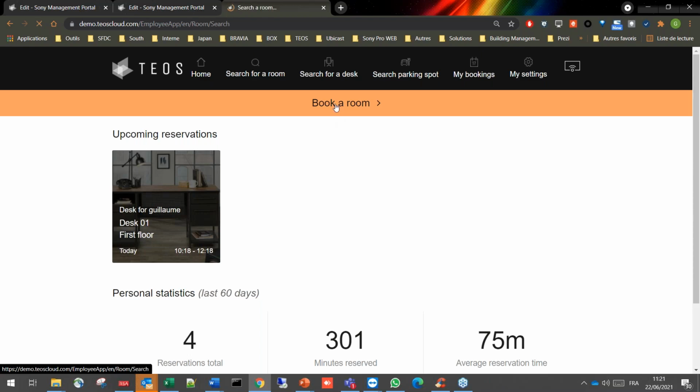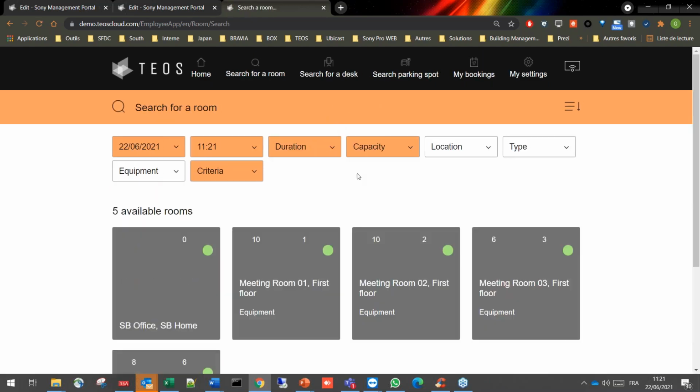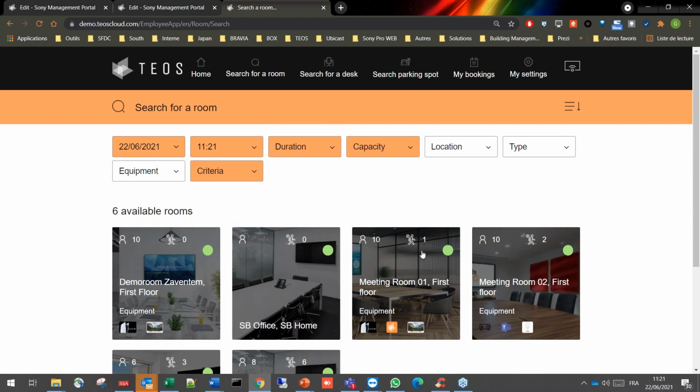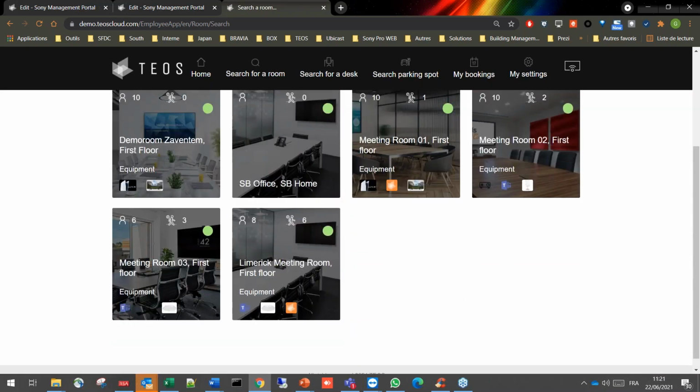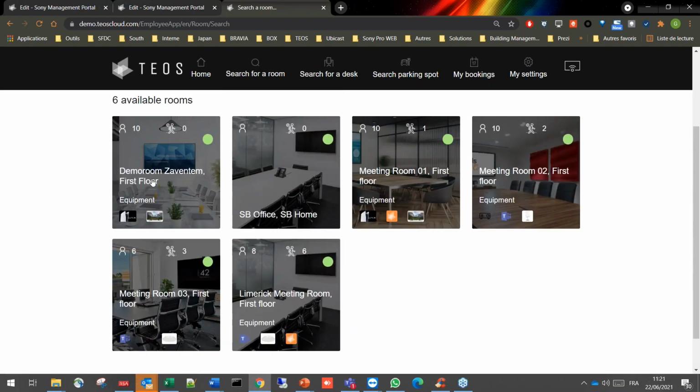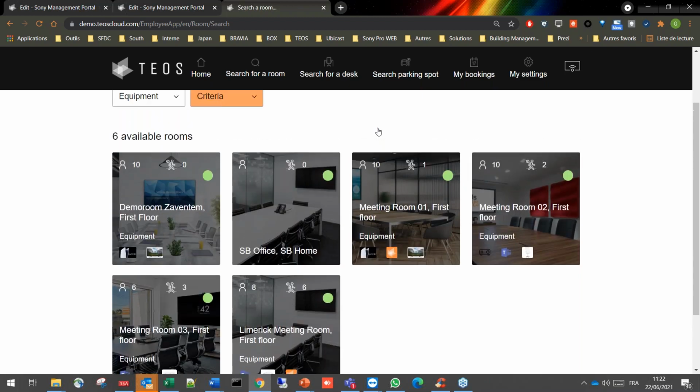I can then press book a room from the web interface, and this will populate all the meeting rooms available for me as a user. You can see as well here we have thumbnails with the pictures that can be added into the TEOS web portal administration. You can see the equipment, the small pictograms with the equipment available in each room. You can see the travel time for each room, as well as the availability and the